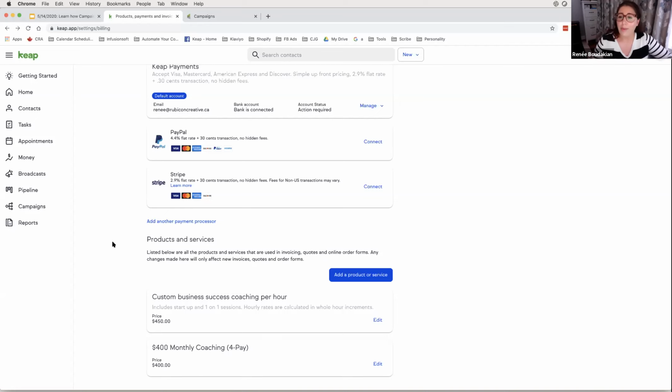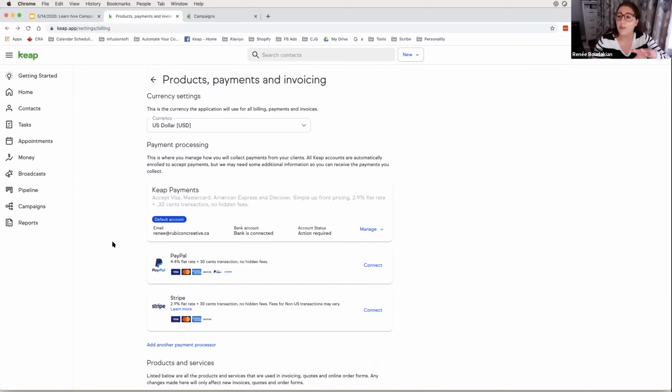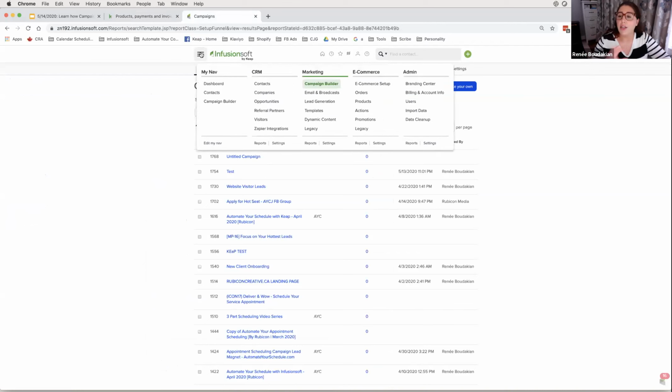So this would be my recommendation to you, but just know that you can create them on the fly as well. So this is it for Keap. This is the one page that you're going to go to and set this process up before we get into the campaign builder. Now I'm just going to flip over really quickly into Infusionsoft and show you,